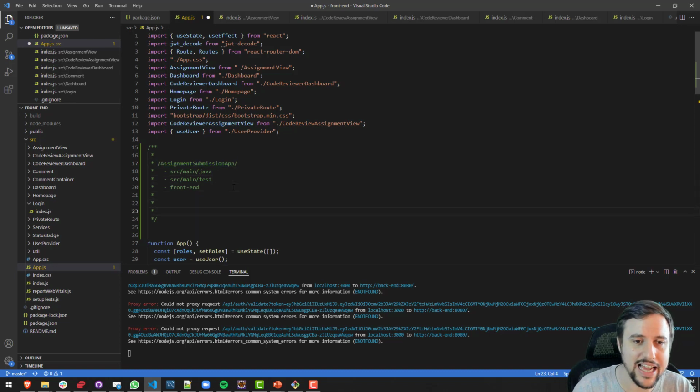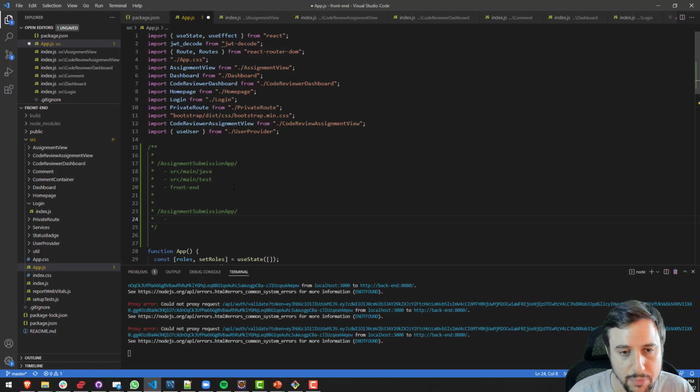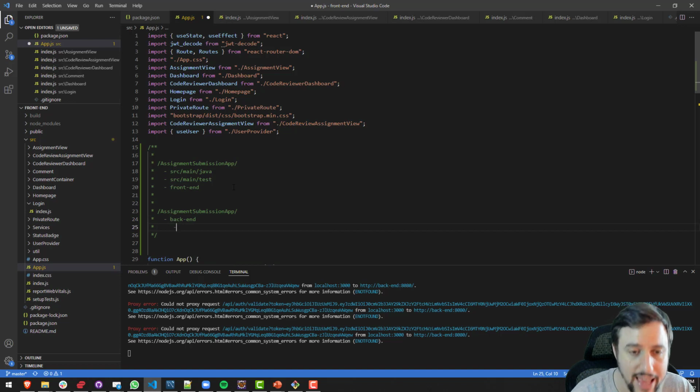And that is not exactly the suggested structure from what I learned in the last 2 weeks of doing this. The better structure is to split apart your app, your front end and your back end, into separate folders. So you can have a back end, which would then within that have the source, main, Java, etc. And then you'd have your front end code, which is the code that we're looking at here, which has the source